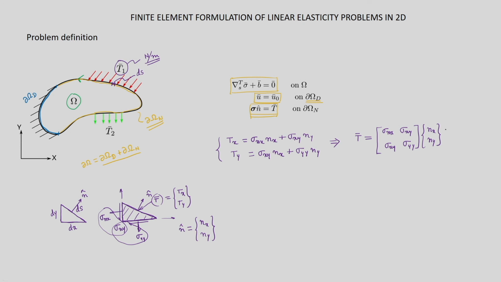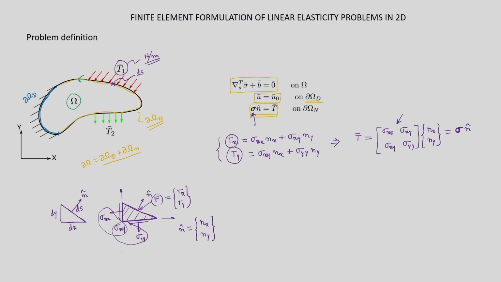Or you can say this has been written as sigma. Just note that this is not sigma bar, it has been written in bold. So in the tensor form, this is sigma, written in bold, times n, the unit vector n. That is what is specified on the Neumann boundary. In the Neumann boundary part, what is specified is Tx and Ty at every point on the boundary. If it is not specified, maybe T will be specified, and in that case we will find the components along x and y direction.